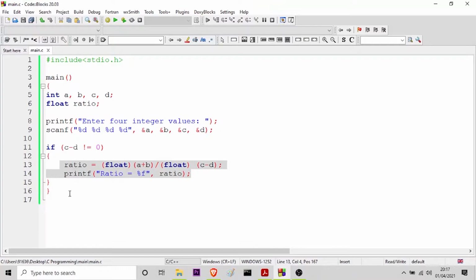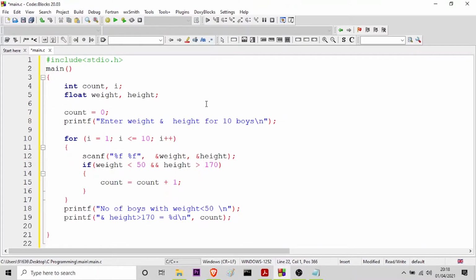So now I will show you another example of the if statement where we will be using a compound operator. So here you can see this is another program where I am using the if statement but with the compound operator. What I am doing is I am trying to calculate the number of boys who have their weight less than 50 and who have their height greater than 170.